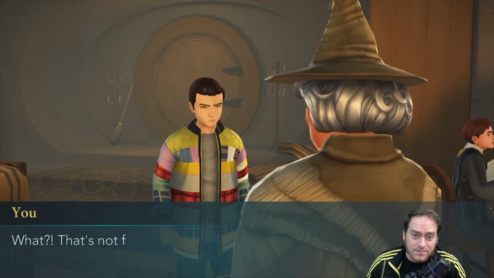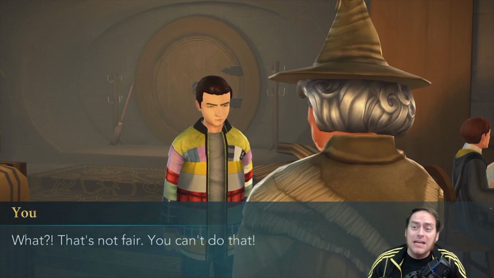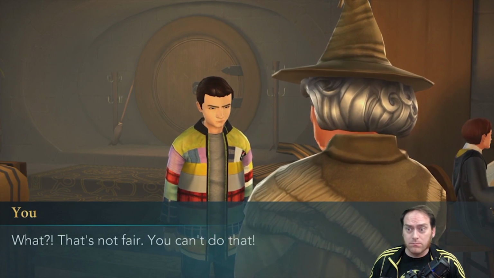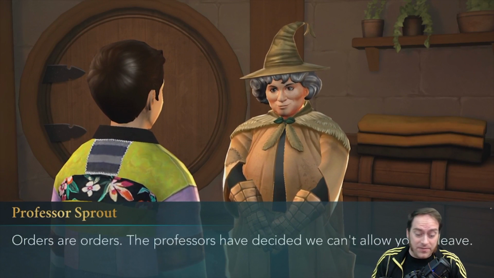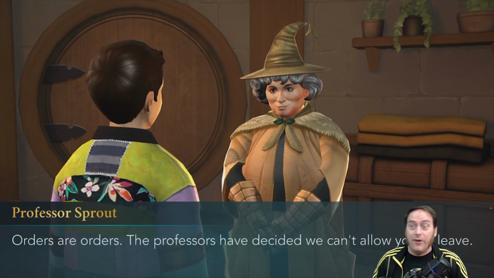What? That's not fair! You can't do that! I want the meat of a pig. I want pig beer. Pig wine. It's classy. Orders are orders. The professors have decided we can't allow you to leave. Fine. Guess I'll just stay here and look for some...